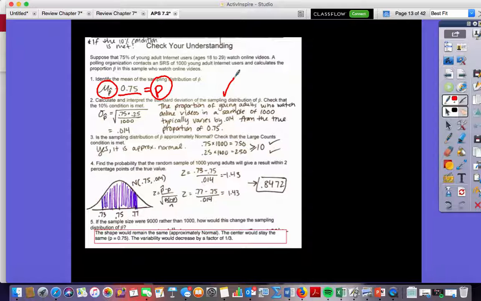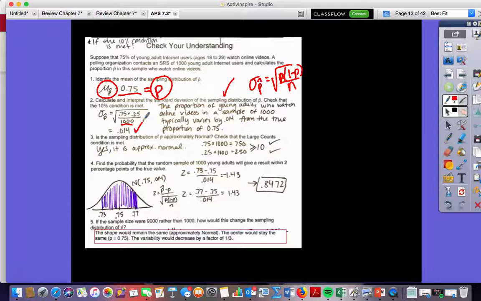Okay, cool. Number 2, the standard deviation of p hat is equal to the square root of p times 1 minus p divided by n. That makes sense? I plug it in, 0.75 is our p, and 1,000 is our sample size. When we plugged it in, we got 0.014 as our standard deviation. Give yourself a half a point if you got that correct. You say, Coach, why a half a point? Because then it also said,